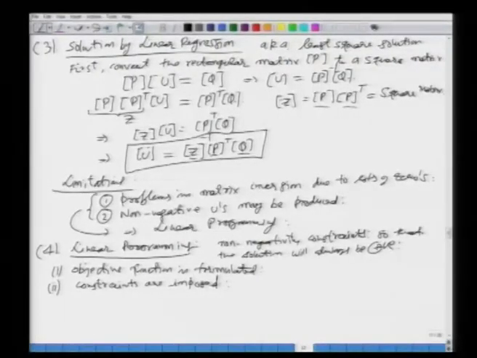What do we mean by that? When we say that the constraints are imposed, the objective function consists of some formula, some equation which involves the decision variables, u1, u2, u3, u4, etc., or for any other linear programming problem it may be x1, x2, x3, x4 and so on. Now, when the linear programming solution methodology will search in the feasible region or in the search space, we want to put certain constraints, so that the solution which we obtain satisfies certain restrictions or certain constraints.